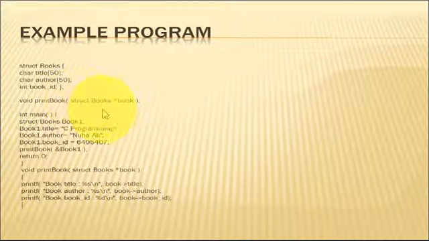We are also declaring one function, print book, which takes the structure pointer as an argument. Here we are just declaring the function inside the main program.